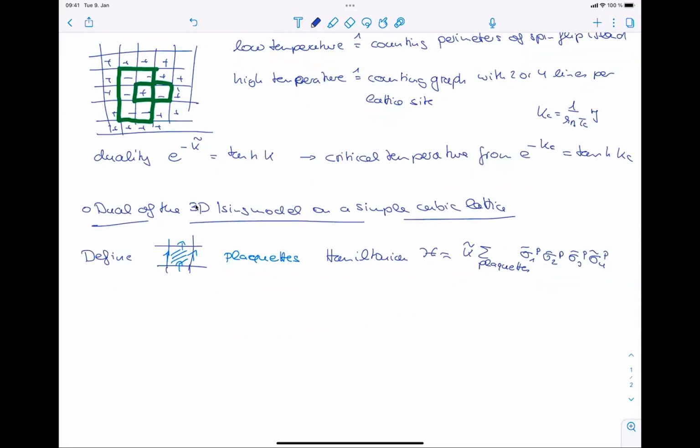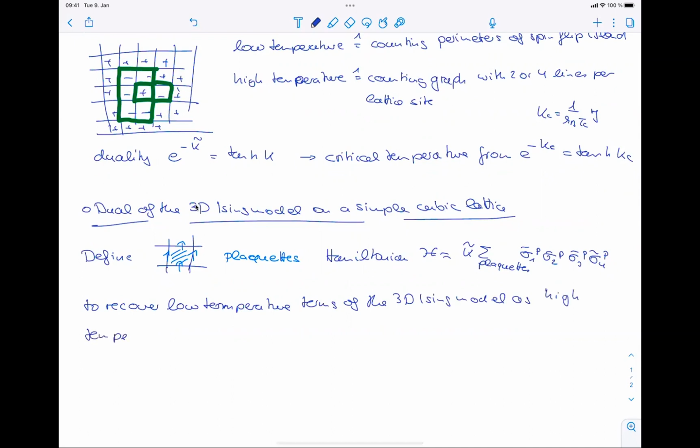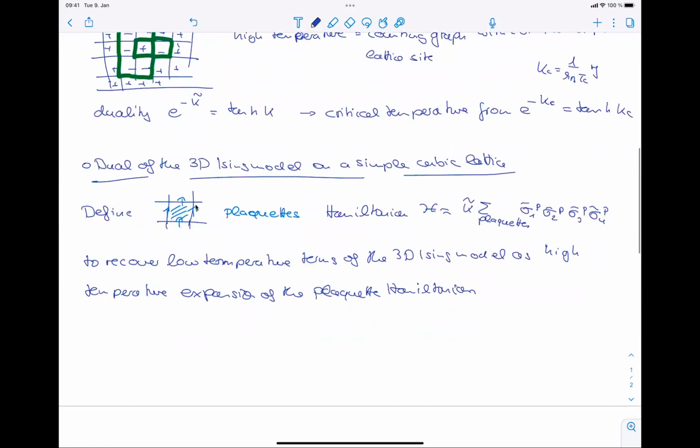That would actually allow us to recover the low temperature terms of the 3D Ising model as high temperature expansion of the plaquette Hamiltonian. And so we found a dual and used this example